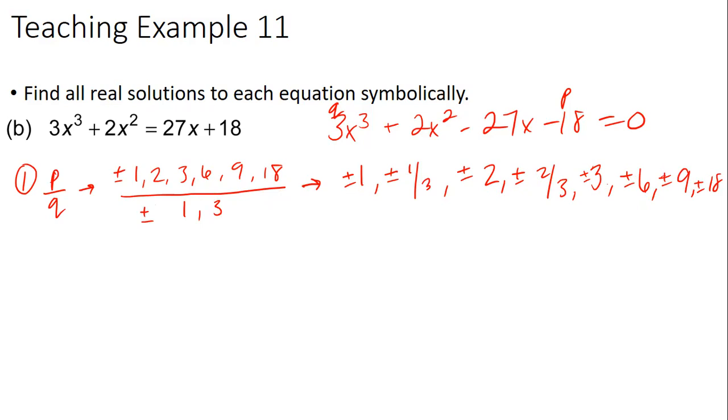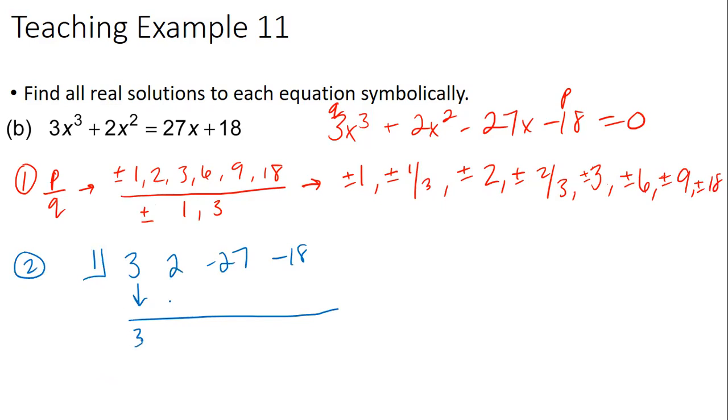Okay, after you have your possibles, now you're going to try to figure out which one will make this into a quadratic. So which one is a real zero that will help me do this? Where do we want to start? I like to start with 1 just because it's always a little smaller. So I start with positive 1. My coefficients and constant: 3, 2, negative 27, and negative 18. And we bring down,